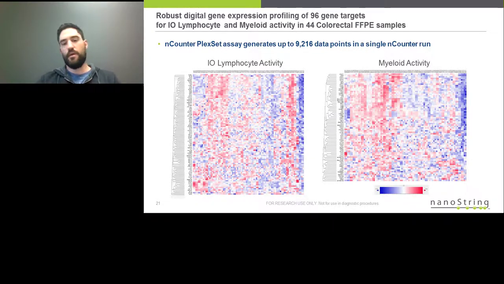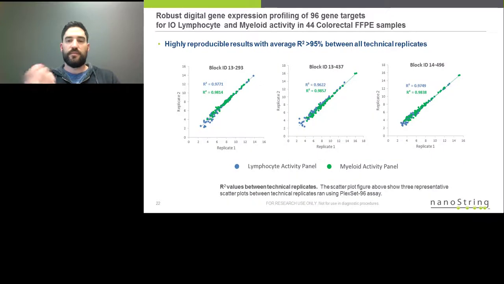So again, I don't want to dig into the data right now, but just to show a lot of data. It ends up being 9216 data points you can get per nCounter run. And just taken from this data, to show some reproducibility between technical replicates, what I did, I took 3